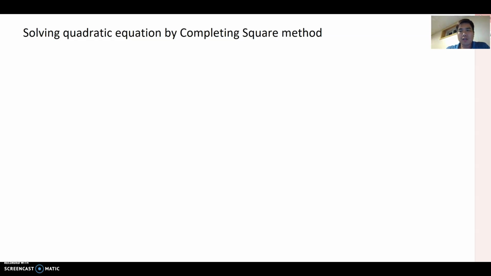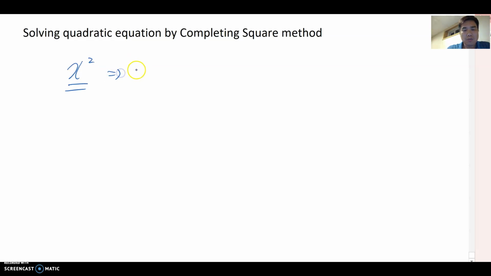Hello again. So this time we will talk about solving quadratic equations by the completing square method. Then, what's the meaning of completing square method? Before we discuss this method, we're going to talk about the meaning of completing square form. One of the completing square forms is x squared,